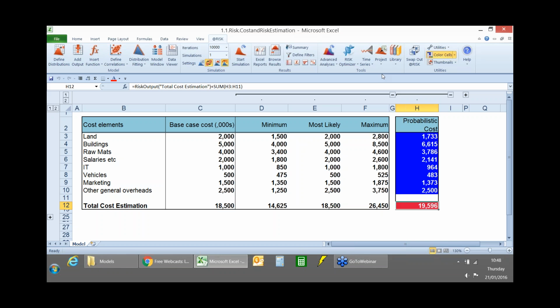For construction and cost estimates, let's say the cost of steel is an input, and the cost of steel pipes is another input. Well, then there's going to be a relationship between those two, and so there's often a relationship between input variables, and so it's incredibly important to make sure that those are captured within our model, because the whole point of using @RISK is to make our models realistic. And so if there are relationships that exist in real life, then we should put those in our model,